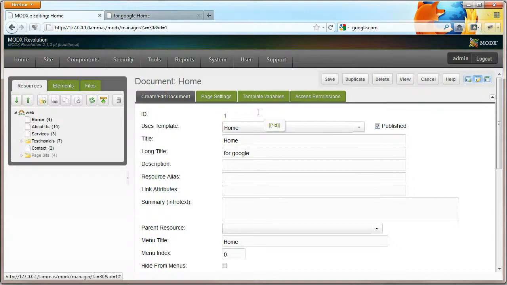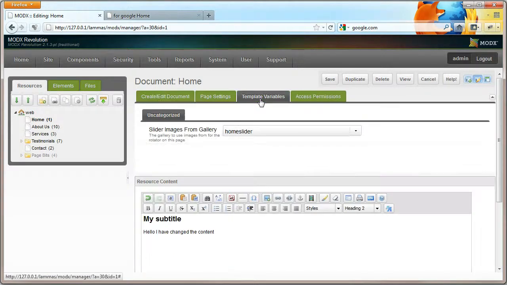And the next thing is, on any page, other than the create and edit document, you've also got this tab here, which is template variables. Now if we click on this, these are variables that are specific to the theme that you are currently using. I'll go into that in a little bit more detail in a minute, but what you can notice here is